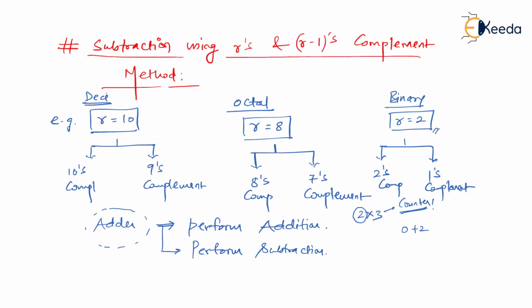So I'm taking one number out of 2 and 3. I have selected 2 and I'm making the remaining number the counter. What is 0 plus 2? The answer is 2. Take the answer, again add 2. How much is the number? 4. Then take the answer, again add 2. How much is the result? 6. Now stop. Why? Because in the counter we had the value 3, so we are allowed to have only 3 additions. I hope you understood that. And at the end, as you can see, it is the result of 2 into 3. Meaning that if you want to multiply, you still require an adder. Meaning that by using an adder, you can still perform subtraction also.